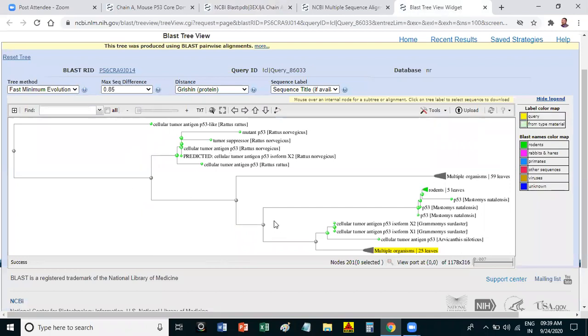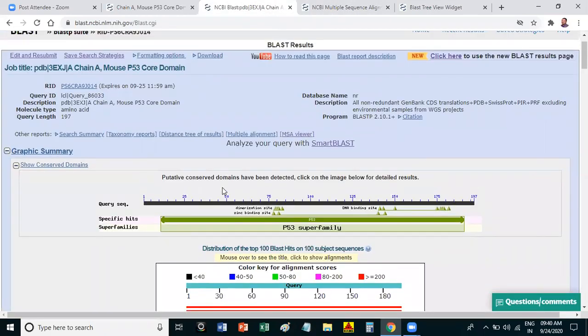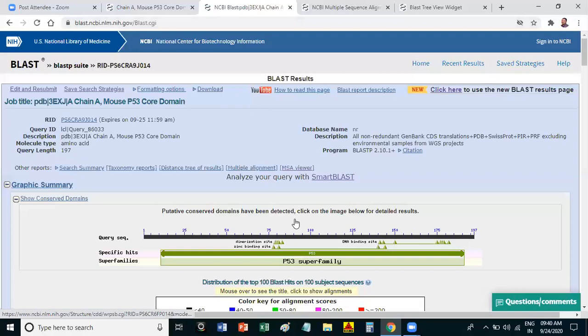Because at MSc level, when you are working on your research topics, sometimes you have to create a distance tree for some organisms. I have shown you how to do it here, so remember this particular thing.